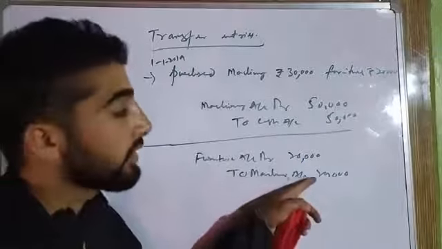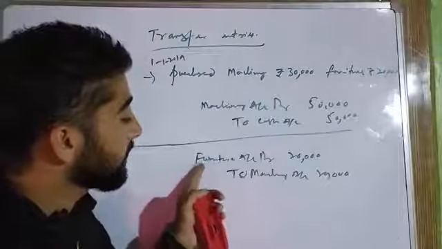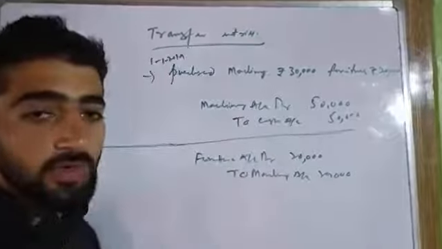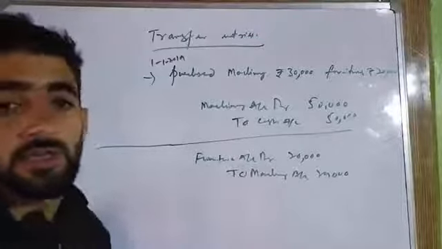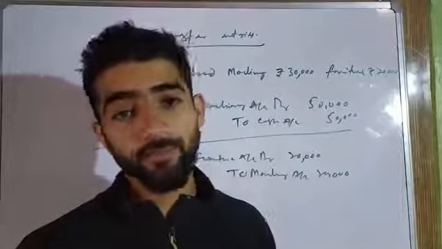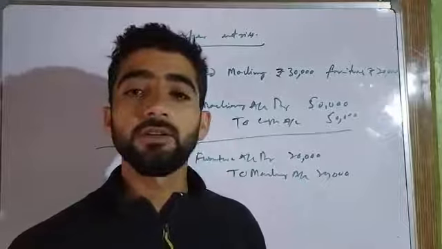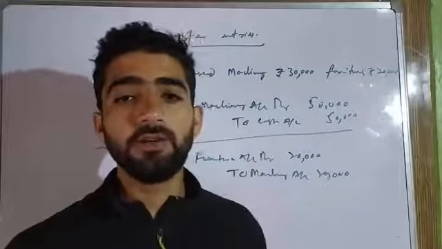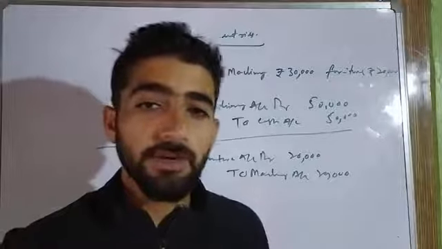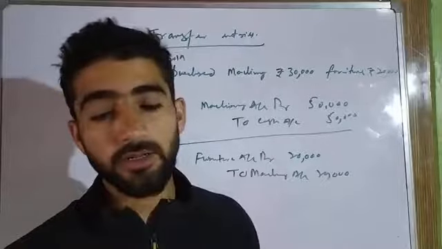Because credit what goes out, 20,000 will go out of this machinery account, and debit what comes in, this 20,000 will come into this furniture account, because both accounts are real accounts. This is how a transfer entry is done. When we have wrongly debited some amount in some account, we should later on credit it through the transfer entry, and when we have credited it, we should later on debit it and credit to the appropriate account. So this is how the transfer entries are done, and this is why the transfer entries are done.